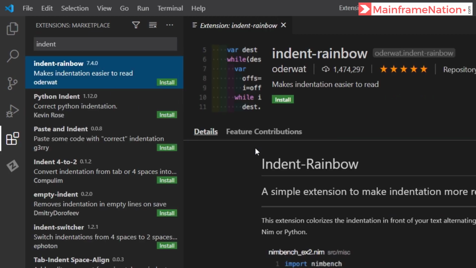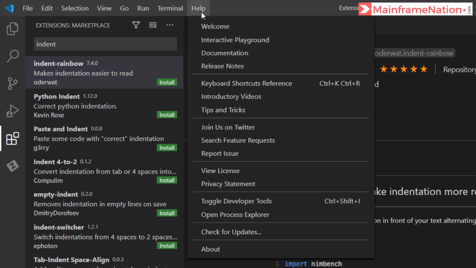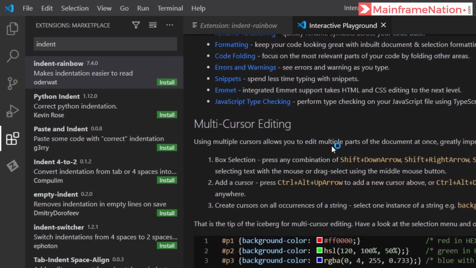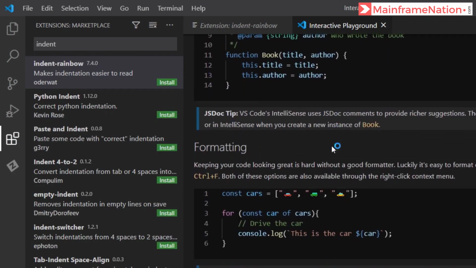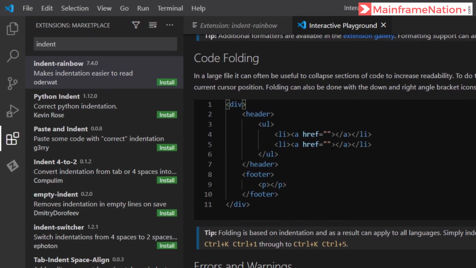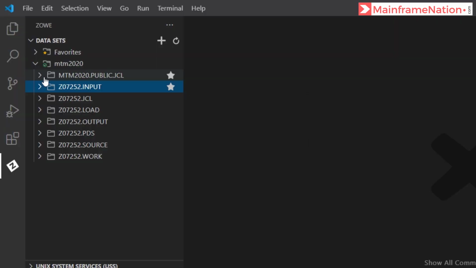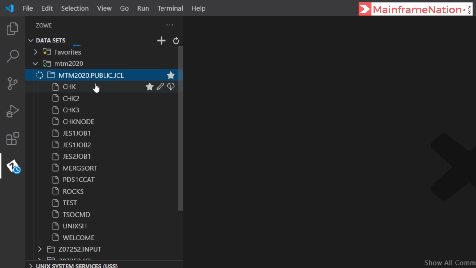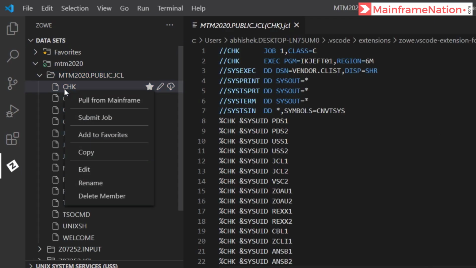And here is the extension which makes indentation easier to read. You can install it by clicking on the install button. Also I can go to help interactive playground and it will show me all the features that are available on this VS Code software. Now go to 2020 public.jcl, go to chkey and submit job.